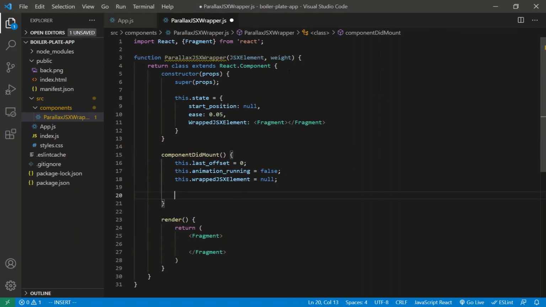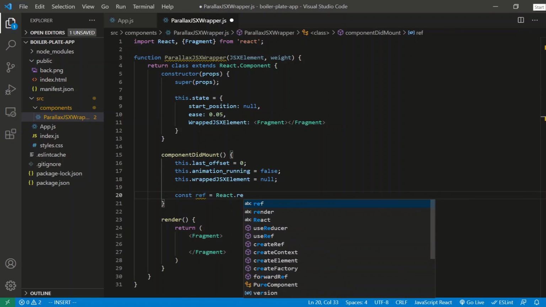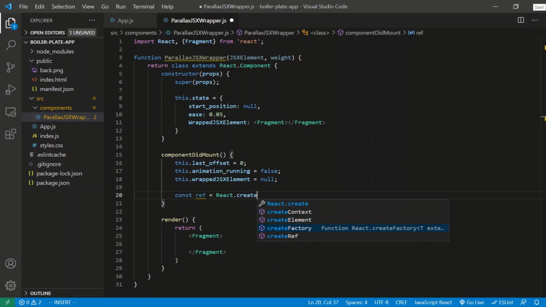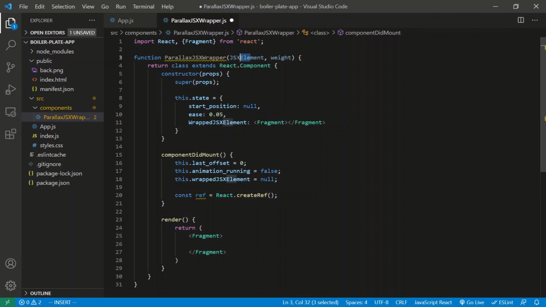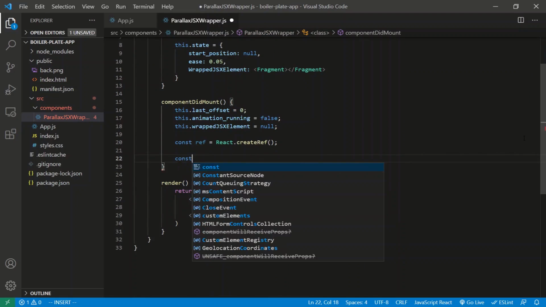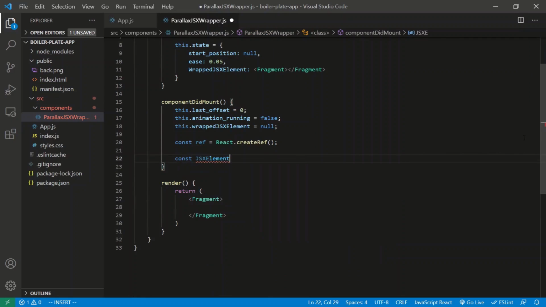All right, so when they give us the JSX element, there's no ref to it. So we have to create a ref and then bind that ref to this element. So let's create a ref. Ref is equal to React.createRef, I think it was. Yeah, createRef. And so we have this ref. We now need to bind it to this element right here. How do we do that? We're just going to clone it and then add the ref to the clone like this. So let's call this clone JSXElementWithRef, equal to